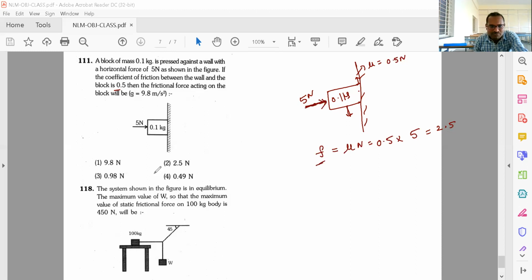So this you can take. Option 2 is there, but this is not the right answer. Limiting frictional force how much? Static frictional force is nothing but mg, no? M value how much given? 0.1. G value 10 or 9.8 you take. 9.8. So 9.8 into 0.1 is 0.98. So this is the lowest value of friction. Frictional force acting on the block should be 0.98. You should not take the other value. I hope you understand it clearly.